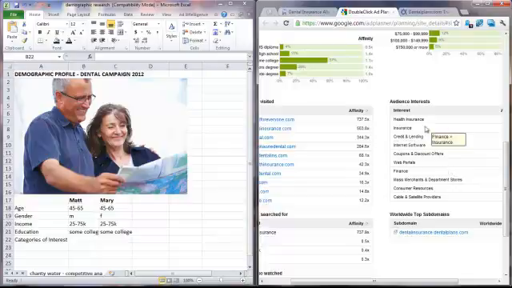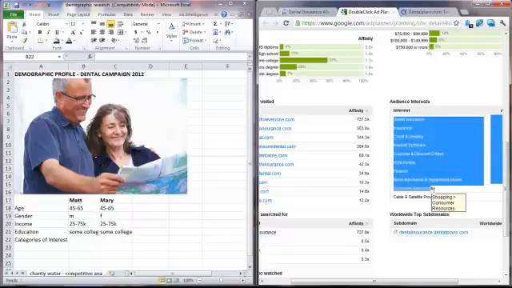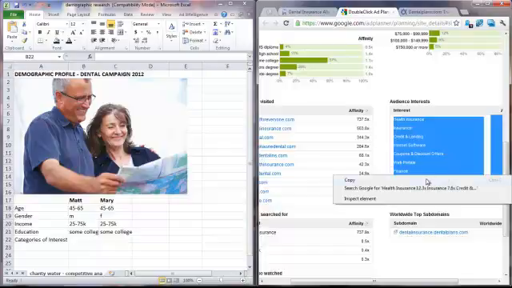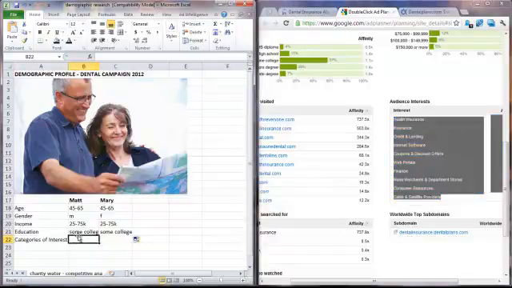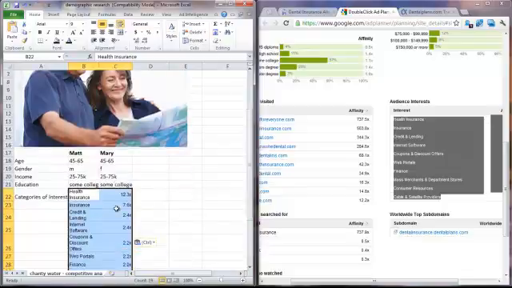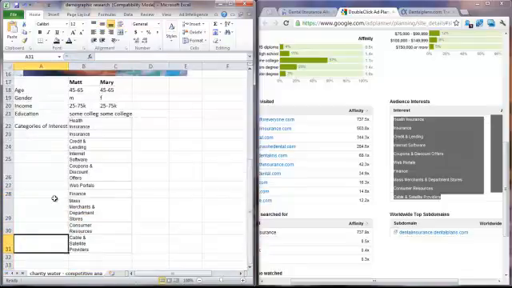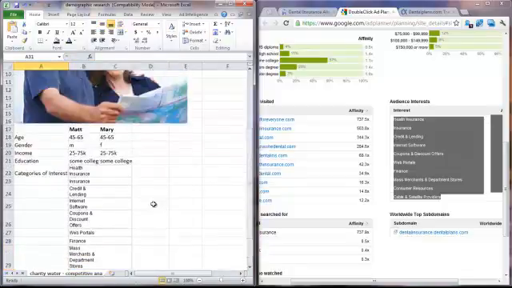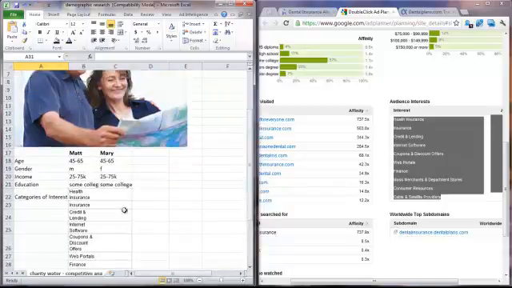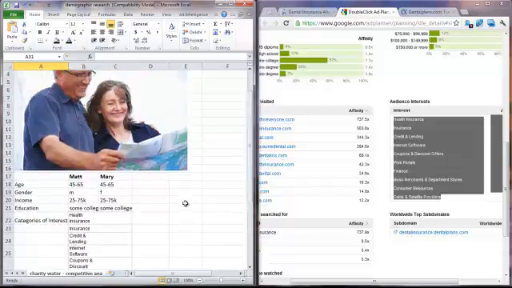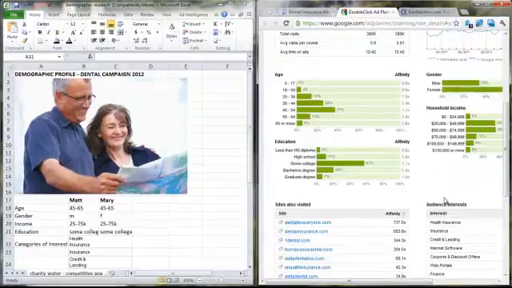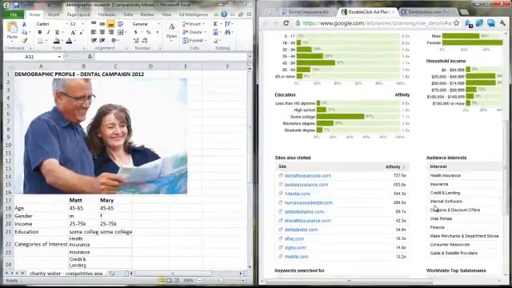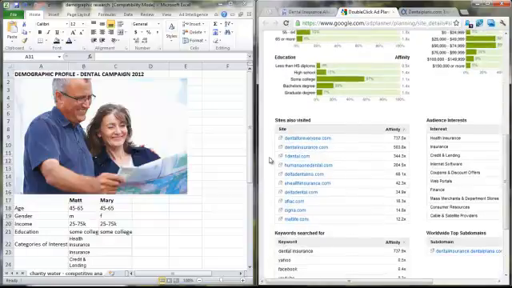So we have health insurance, credit lending, we have all this stuff. Obviously makes sense with the insurance stuff. But we can tag that in there, and now we have a demographic profile put together of Matt and Mary. This is our age, education, income, gender, and categories of interest. Alright, so let's go on to some other sites and see if we're going to get the right confirmation as far as our demographics. And we can go to sites also visited with the affinity score and go to those